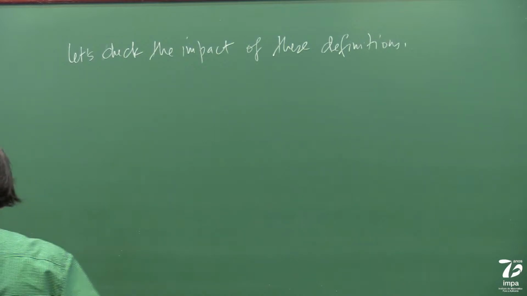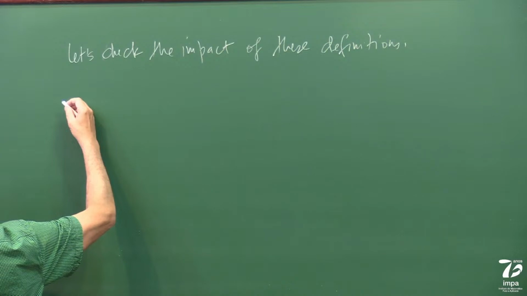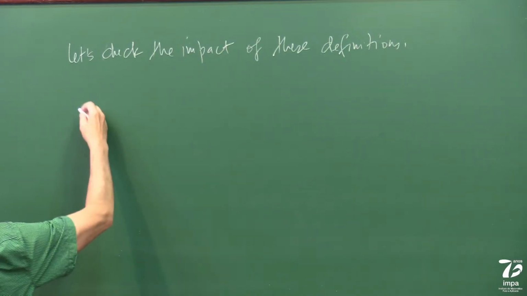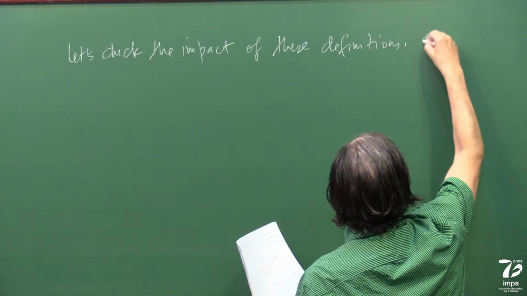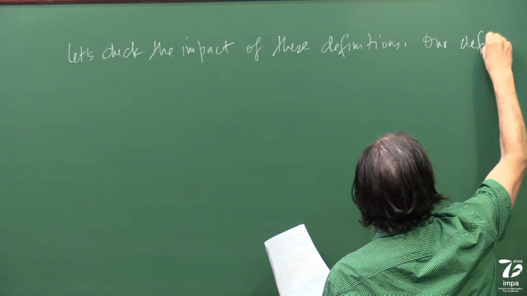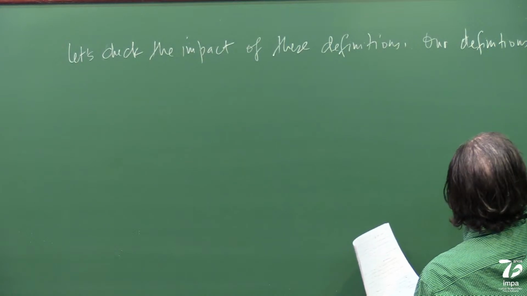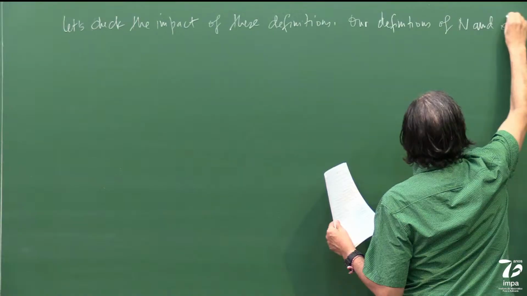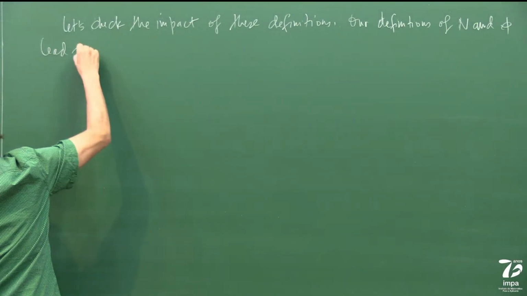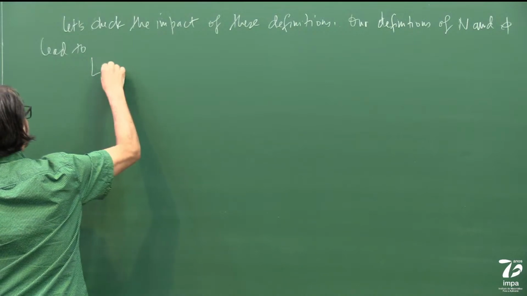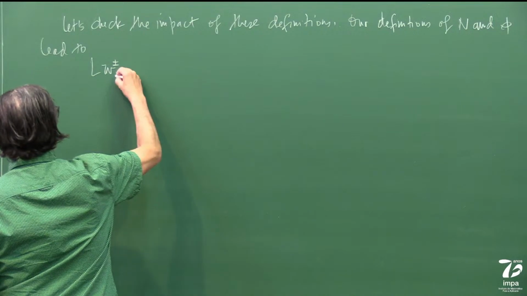Okay, so the first thing, an important thing, is with these definitions of n, they lead to this, that L of plus or minus W_ij